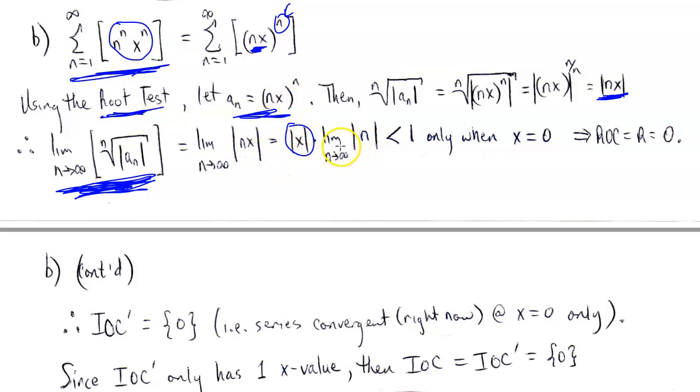And if we evaluate the limit of absolute value of n as n goes to infinity, we know that the only way that that's going to actually produce a value that's going to be less than 1 would be in a specific case if we allow this x inside of the absolute value signs here to be 0, because it wouldn't matter what this is at that point. This constant times whatever this is will essentially just give us 0 here. Okay. And of course,